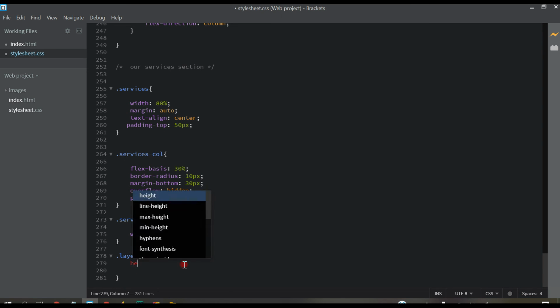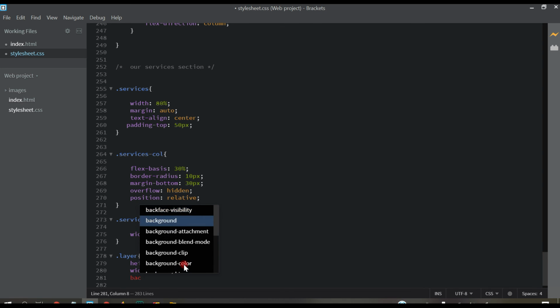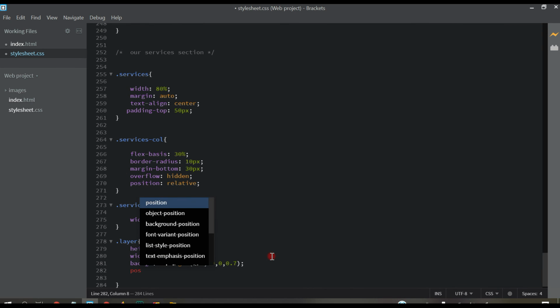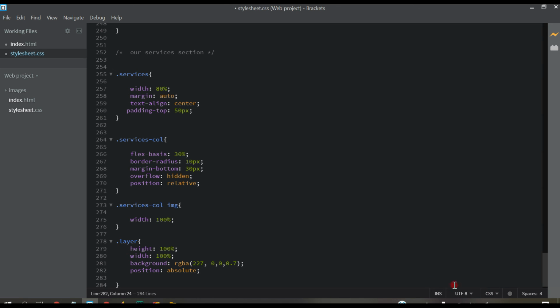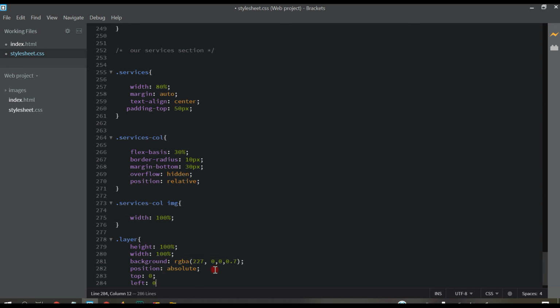So for this layer, the height will be 100%, width will be 100%, and background will be RGBA with the values from before, 0.7 for the alpha, then position absolute, top 0, left 0.